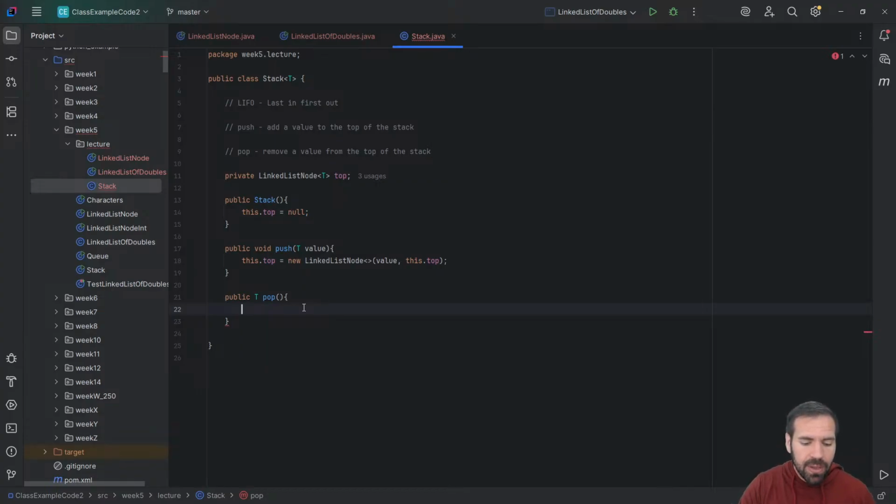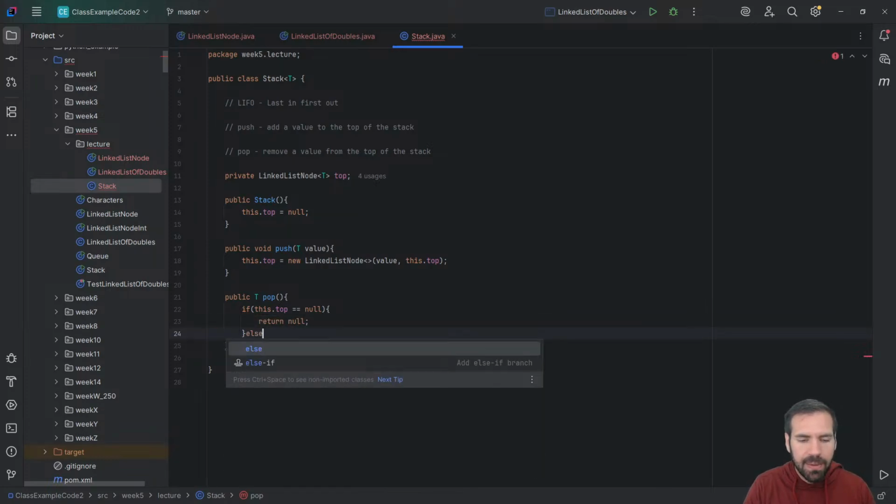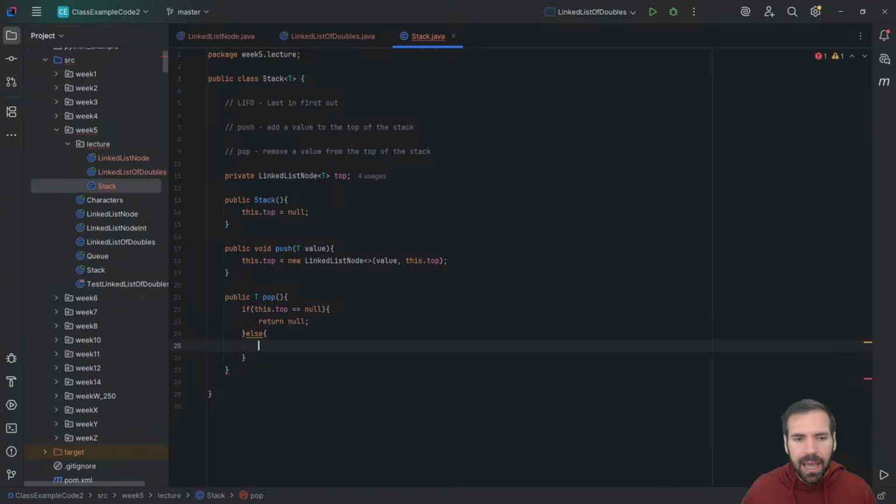Pop, we do have to do a little bit more. We do need our null check. So if this.top is null, we're trying to pop off an empty stack. In most implementations of a stack, this will throw an exception, and it'll either crash your program or you've got to catch it. We haven't talked about that yet. But you get a pop off an empty stack exception. Instead, just to keep things simple, we're going to return null if you try to pop off an empty stack. Else, we actually have to do the pop, and we want to return